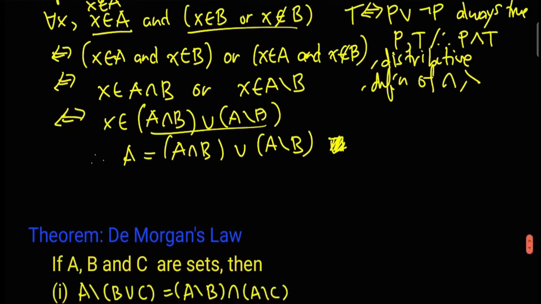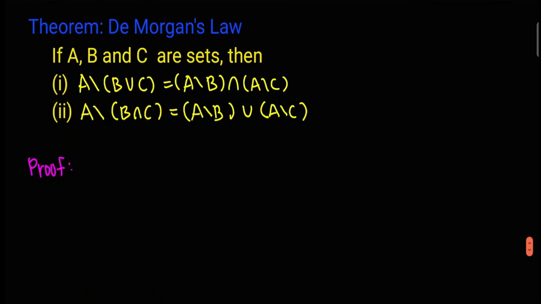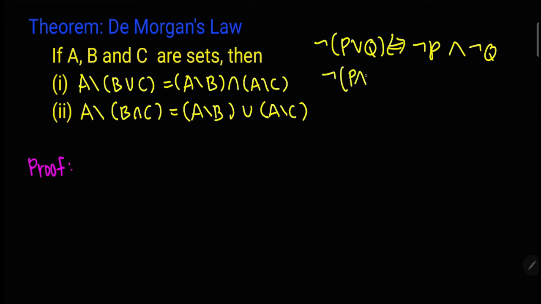So now let's show De Morgan's law in sets. This is actually equivalent to De Morgan's law in logic. Again, to review De Morgan's law in logic, not (P or Q) is equivalent to not P and not Q. On the other hand, not (P and Q) is equivalent to not P or not Q. This is De Morgan's law for logic. That's actually equivalent to these two laws here. So in sets, we have